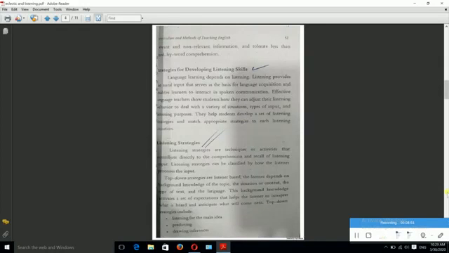Strategies for developing listening skills. Language learning depends on listening. Now, yes, listening provides the oral input that serves as the basis for language acquisition and enables learners to interact